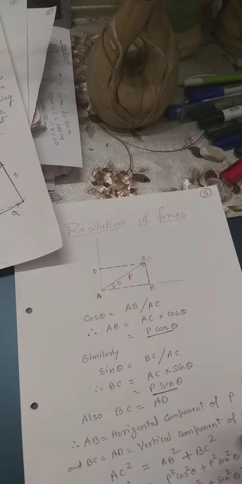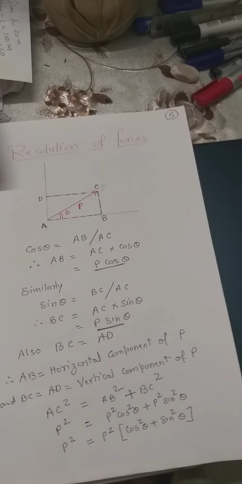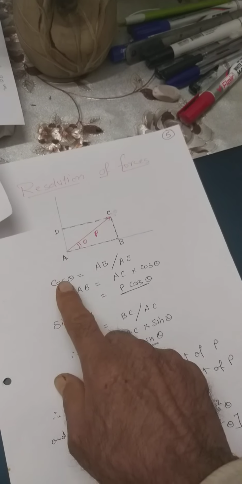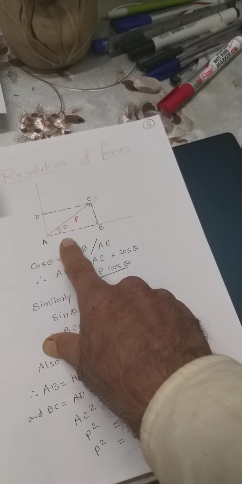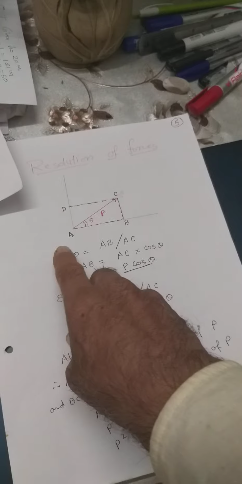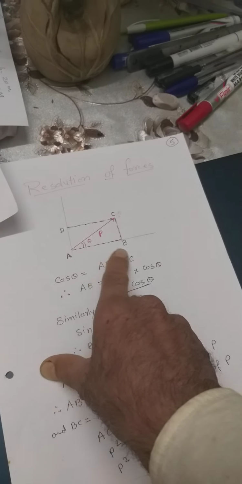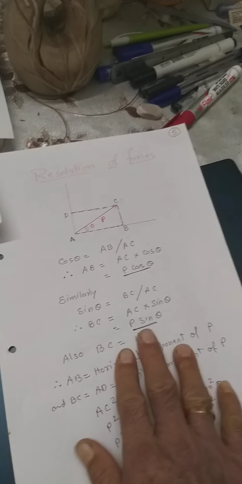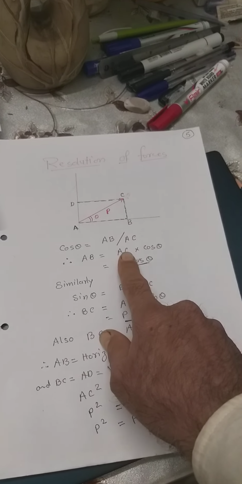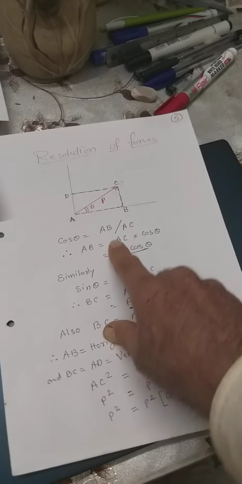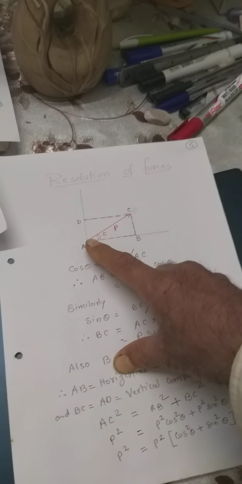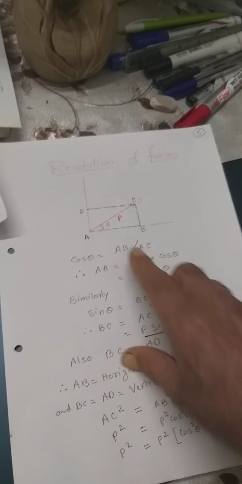So we can resolve the forces in the two directions, the horizontal direction as well as the vertical direction. We call that the resolution of forces, or the components of this inclined force in the two directions, along the x direction and along the y direction, that is horizontally as well as vertically. And it can be proved whether these components are really equal to the resultant, whether the vector sum of these two is really equal to the resultant or not. Just see now.